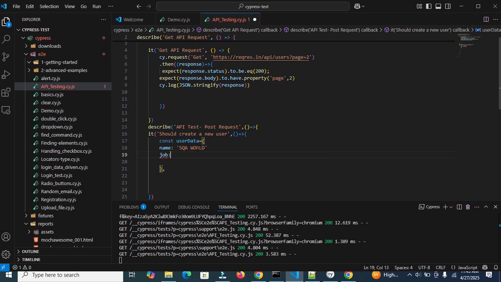Job. So here, engineer. Now in this request we need to send some data, and then we need to send the headers